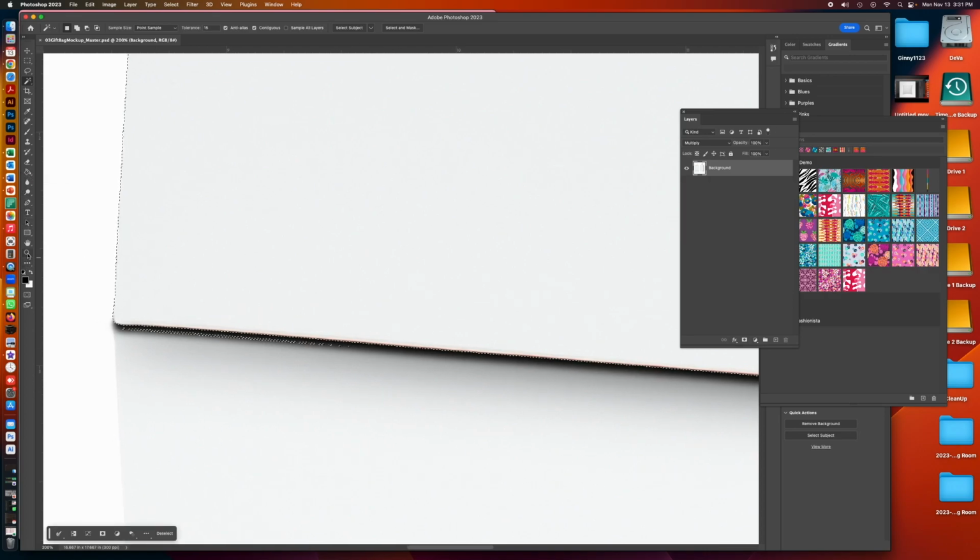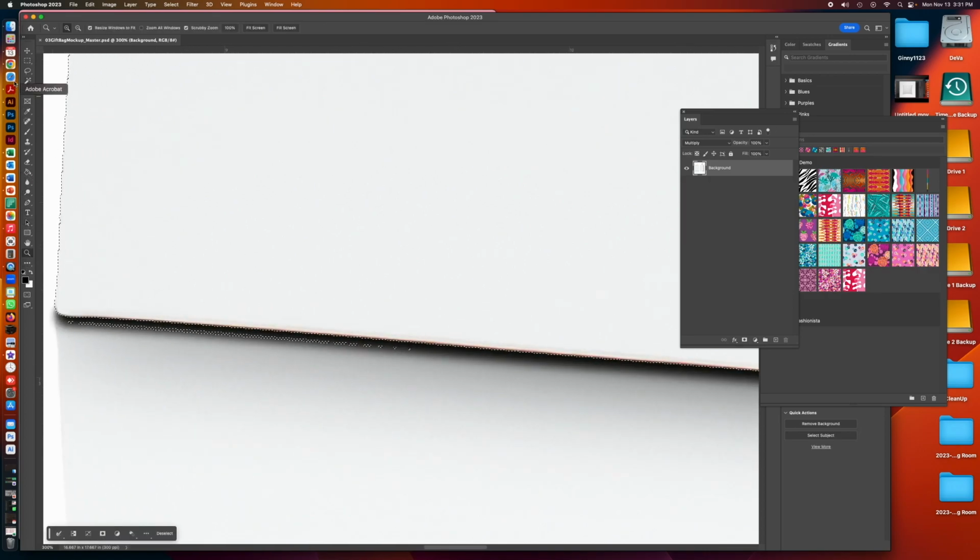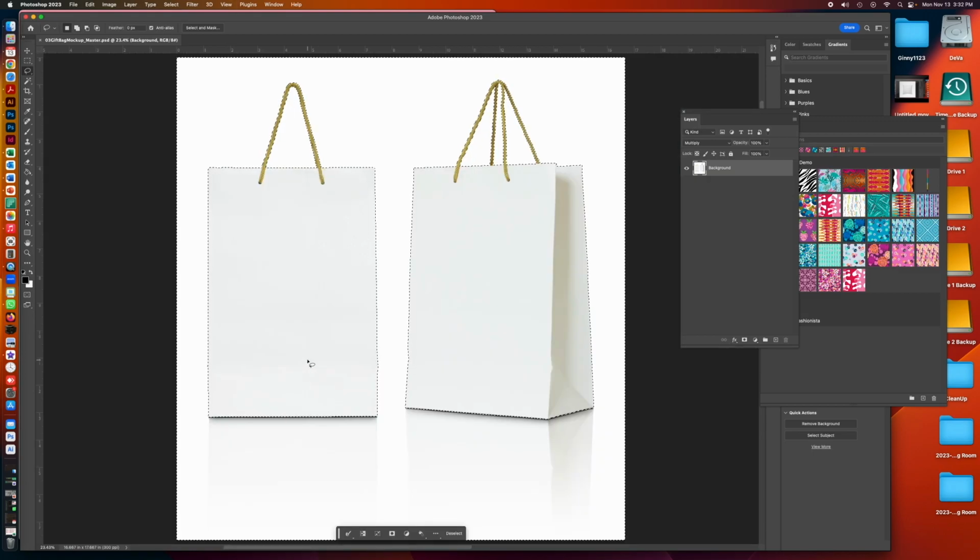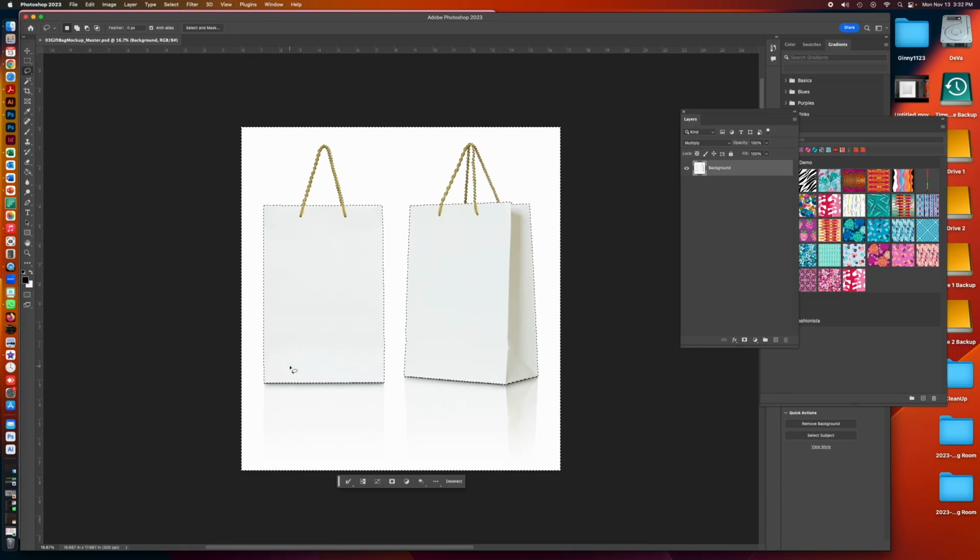Now I'm going to use the lasso tool, because this is such a narrow area to try to capture with the magic wand that I could end up just losing my whole selection. So I'm just going to do it a little piece at a time with the lasso tool. Okay, so let's zoom out. Command 0 to return to the original size. Now remember, we have the background selected. So now that I'm happy with this, I'm going to inverse,